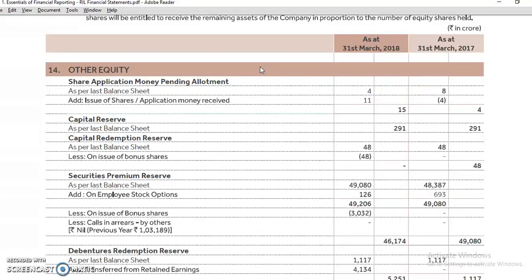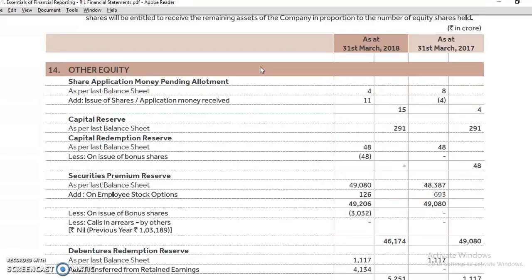What was the beginning of the year? What changes happened during the year? How many shares we issued? How many shares we repurchased? How many bonus shares we issued to them? And then also the reserves, how we adjusted the reserves, basically just to give the shareholders an idea how their